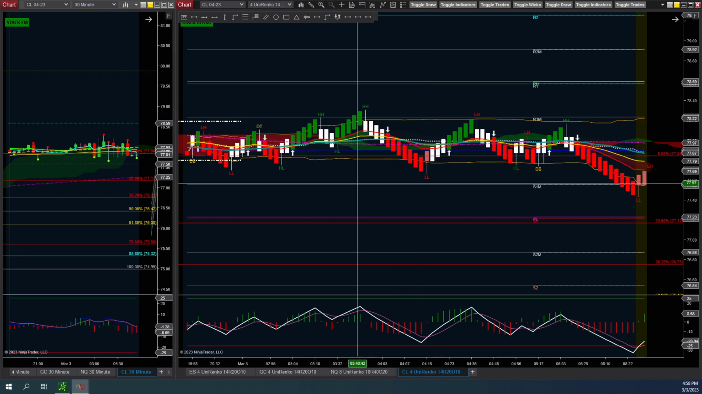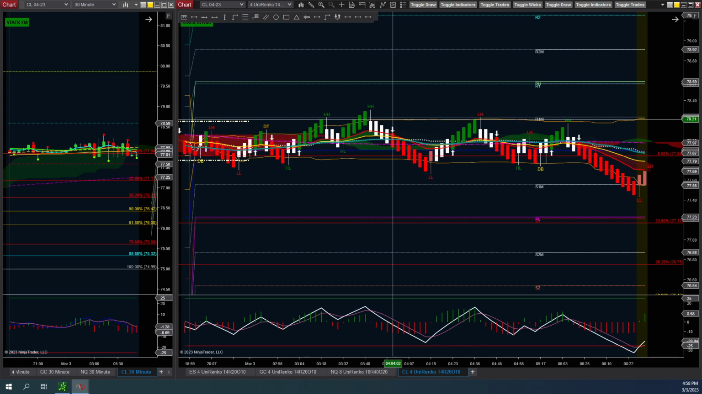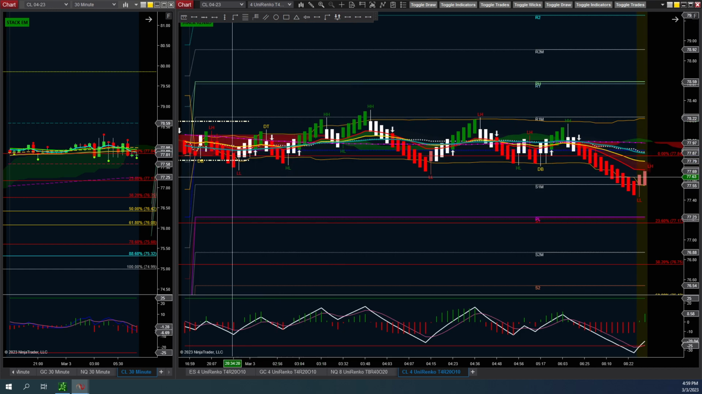Okay, so let's check out what happened to Crude and why I'm reviewing it today. So this is the overnight price action. You do have several lows right here that are similar. So you have that one, that one, that one, that one, that one. So 5 of them that were kind of in the overnight, and in the